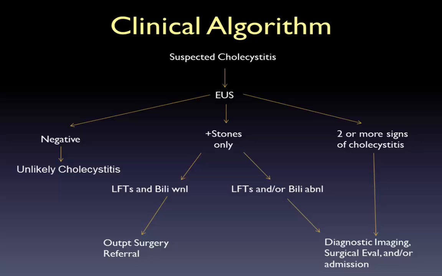On the other hand, say they're still sick, they're still vomiting, or their liver enzymes are abnormal, their bilirubin's up, then they may need to go on to some further imaging, maybe just have a surgical evaluation in the emergency department, and they may need admission. And then same thing on the other extreme, you do the ultrasound, they've got multiple signs. They've got stones, they're tender, they've got fluid around their gallbladder. You can jump right into maybe further diagnostic imaging or just a surgical evaluation and probably admission in the emergency